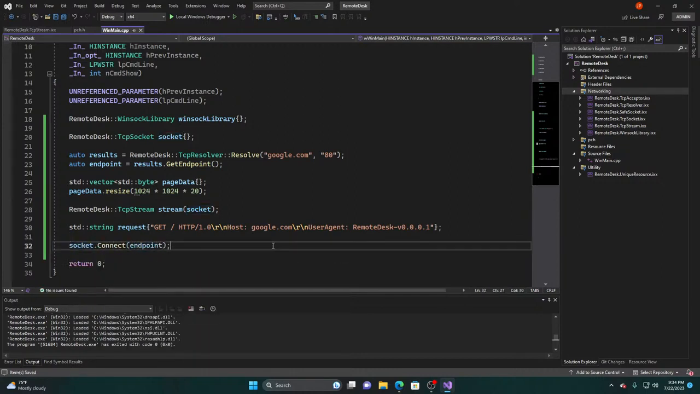And as you can see, we resolved the name google.com on port 80, which is the HTTP port. We're getting the endpoint from the results. We have this page data vector here, which is resized to 20 megabytes. We created a TCP stream. We're connecting,